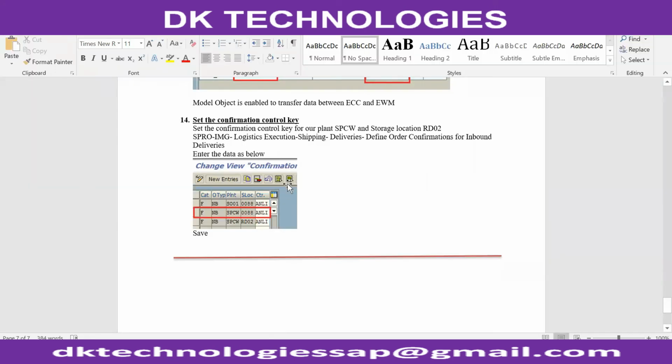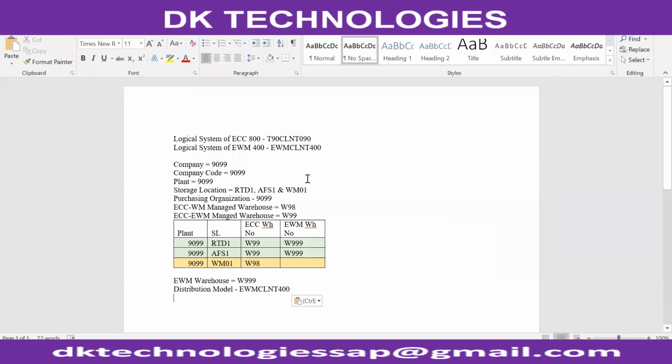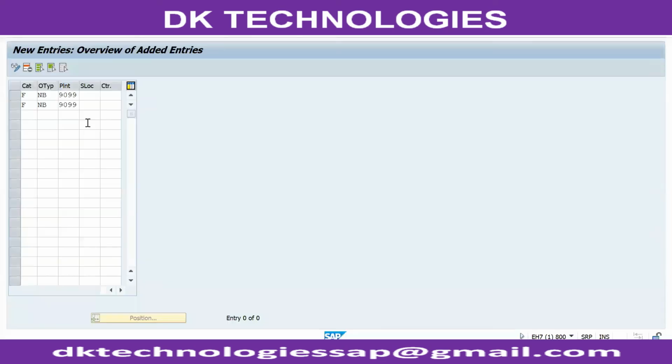Out of three storage locations, I want order confirmation only for these two. Order confirmation, this default should be there. The confirmation should be made only for these two. Confirmation is required. Confirmation required means inbound delivery. We have to create inbound delivery. Ready to drop one, available for sale one.